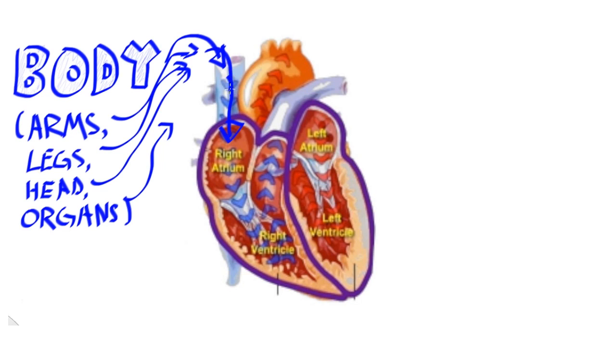So all of this blood, this used blood, actually converges and drains into the right atrium. So the blood fills this chamber, the right atrium. And once the right atrium is full with blood, it squeezes, pushing blood down into the right ventricle. And so I'll just signify that by this little scribbling and noting that we have now the blood is in the right ventricle. Then the right ventricle squeezes, and that pushes the blood out what looks like this blue pipe